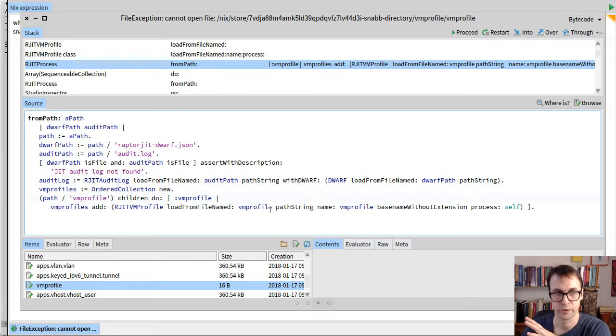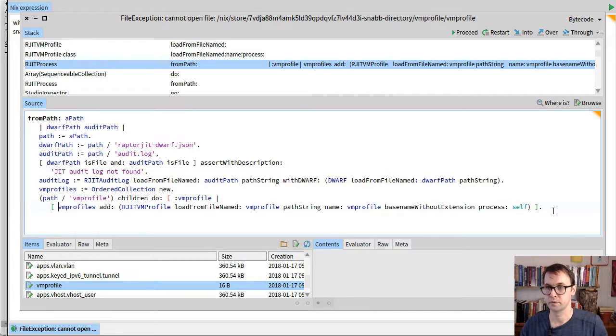I'm not sure how we should really do logging in the GUI, but I think what we want to do, for right now at least, is just to skip any files that are not valid. So why don't we do that? Why don't we, in here, when we load one of these, we'll wrap that in a block, and we will say